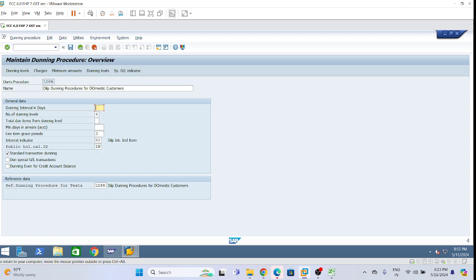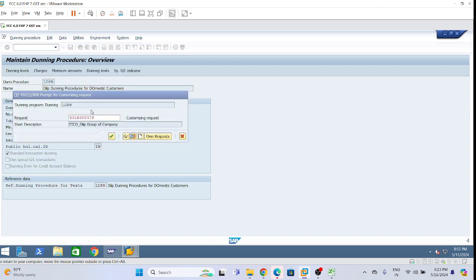As per standard only we will proceed. Dunning interval 10 days, number of levels 4, then grace days 3, interest indicator X2, public holiday this one, and this is LDPR. Save, save this one, and then